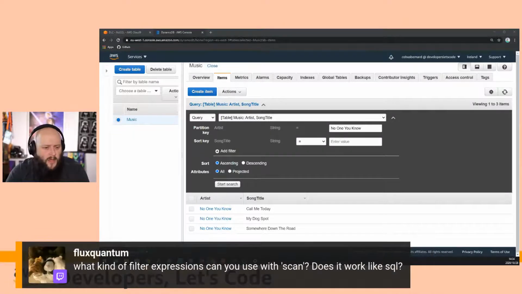Cool. Let's have a look over here. What kind of filter expressions can you use with scan? Does it work like SQL? Yes and no. Yes, in the sense that you've got control over what you want to use to actually search for. So if we look over here, for example, we can see that,